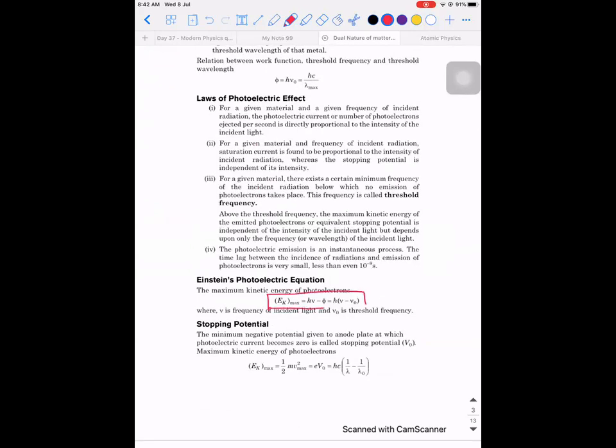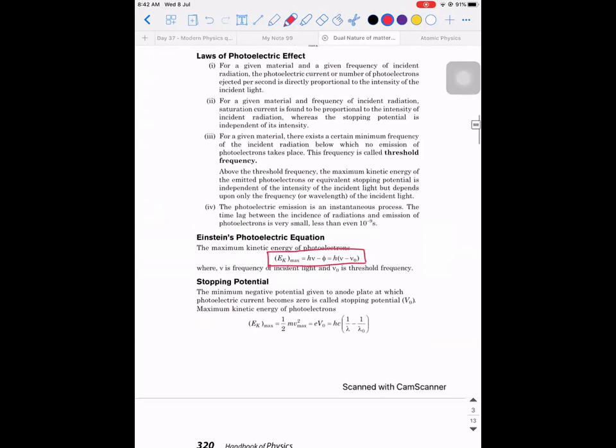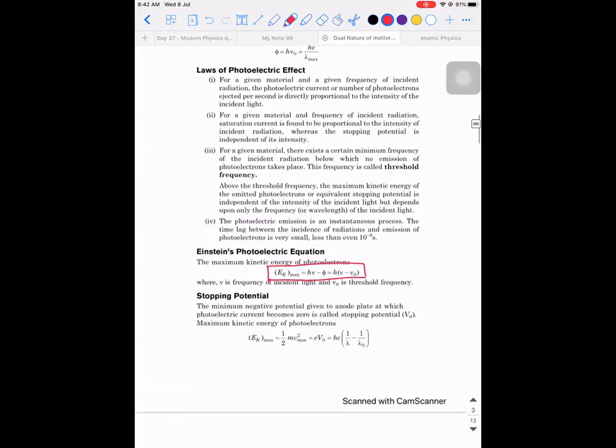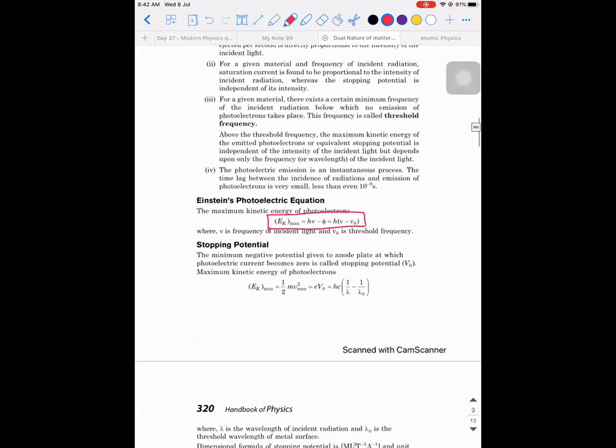There's the equation for photoelectric effect. What does it state? The energy supplied by the photon will be able to overcome the work function and give some kinetic energy to the particle. So Ek will be equal to h into (nu minus nu naught). That's what is given there. But nu you can write as c by lambda. So hc into (1 by lambda minus 1 by lambda naught). You can take it like this also.